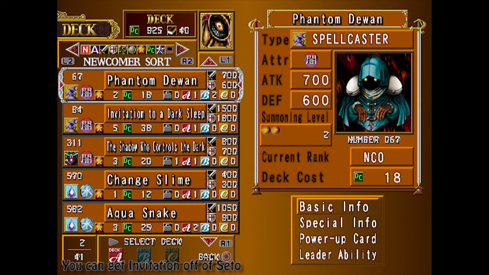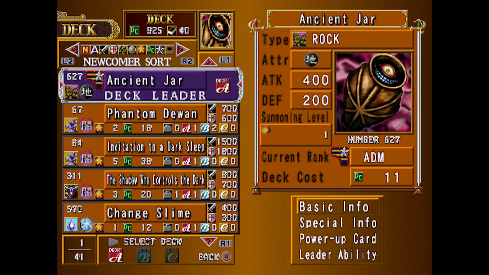Phantom Dewan, and you can win this off of Jasper Tudor, again, simple 3-turn spellbound. And the deck leader, Ancient Jar. Now, really, because this deck isn't themed around any particular type of monster, your deck leader choice doesn't really matter as much. I only picked Ancient Jar aside from the fact that he's the one that contributes really a lot to this deck, is because